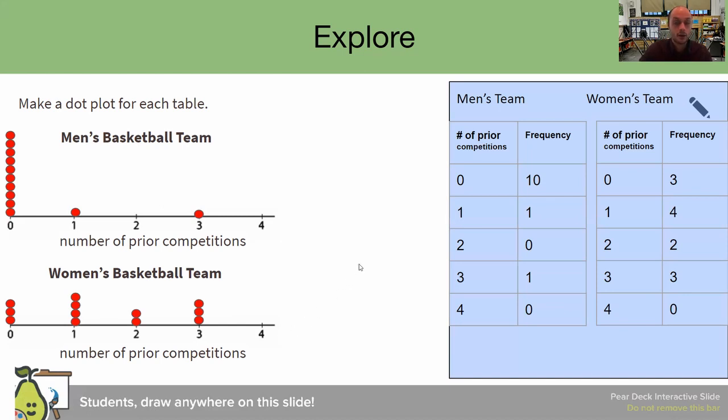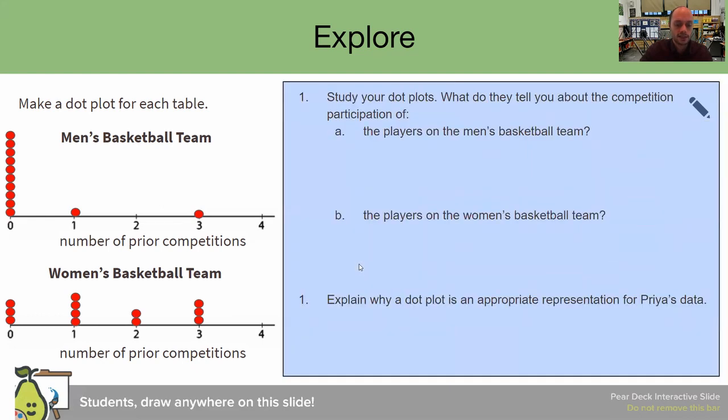Excellent work. All right, so now that we have our dot plots completed, we can actually begin to look at the actual questions they want us to answer in response to this data. Please pause this video, read the first question to yourself, and then we will read it together. All right, welcome back. The question reads,